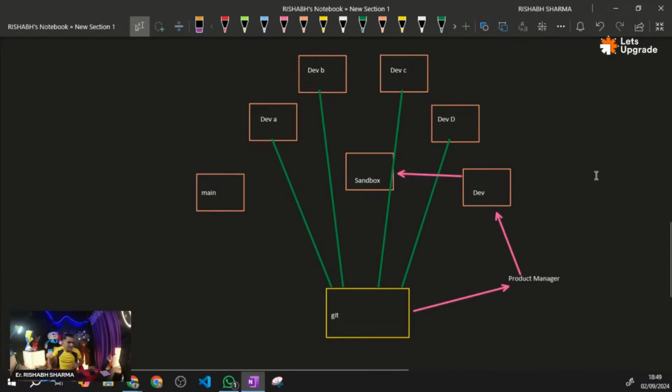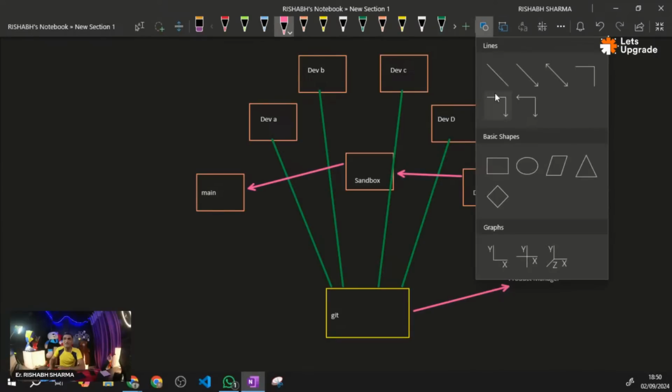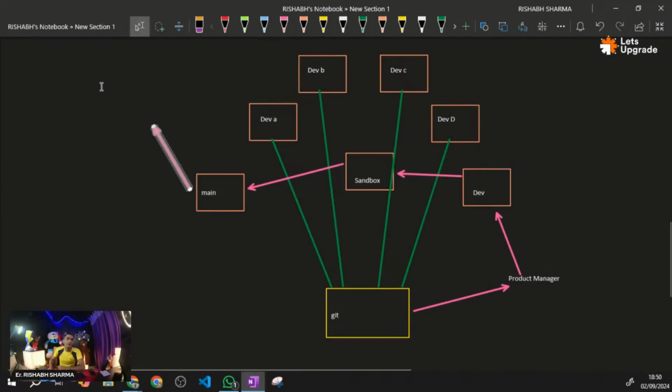In dev branch, developers will do unit testing, integration testing, and all those things. Then the code comes to the sandbox branch, right? This sandbox branch is usually used by testers, so testers do their testing on it, and once the tester gives the green light, the code will go to the main branch, and from this main branch the code will go to your production.